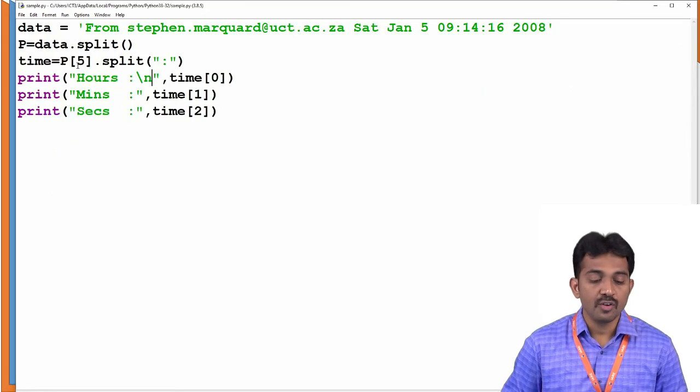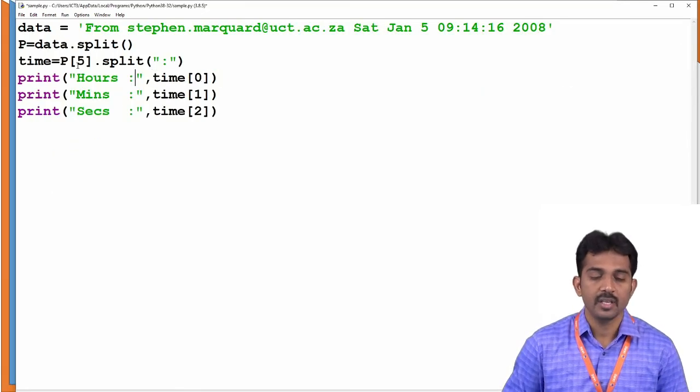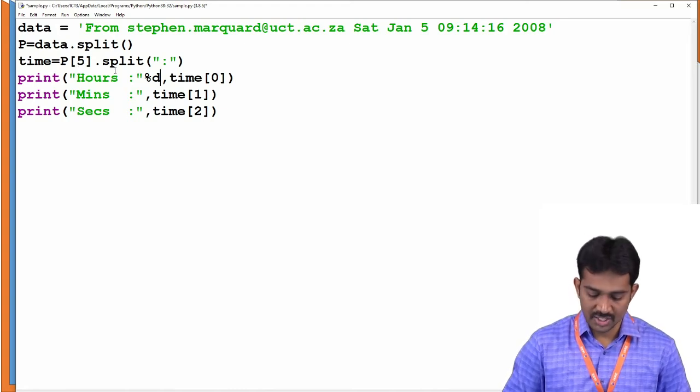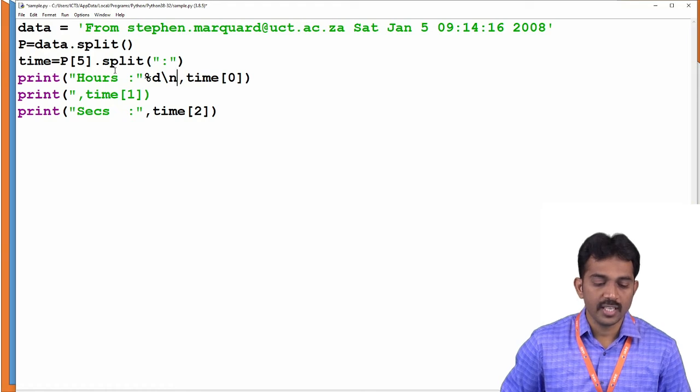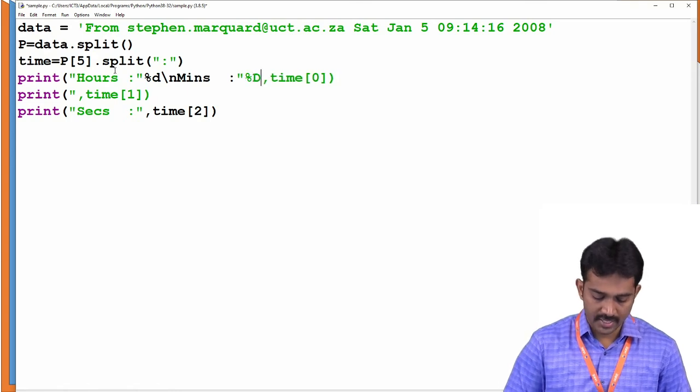Okay. Instead of printing the data separately, what am I going to use? %d, right? %d \n. So the first part is over, right? And the second part, Control X, and I'm going to write the same line. Control V, right? %d \n. Yeah. \n